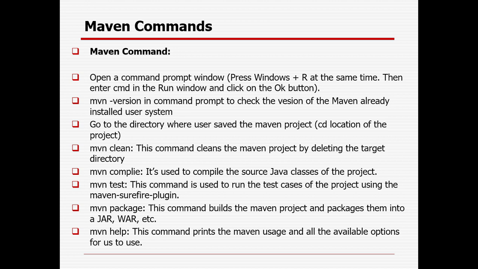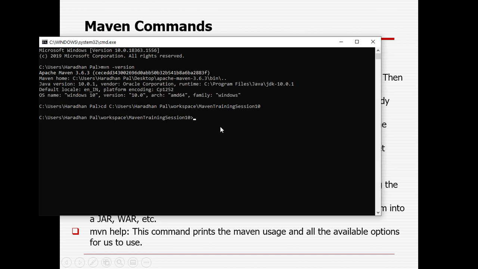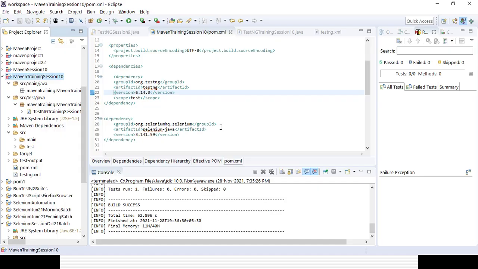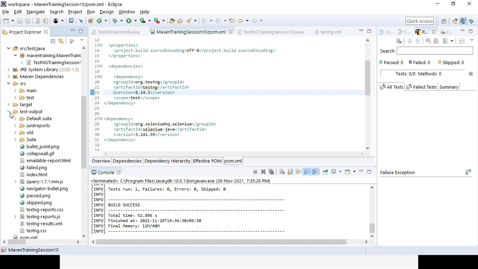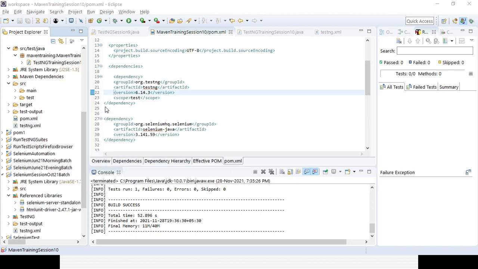And Maven help: if you require any help for any kind of error, you can use the command mvn space help. So let's first use the command mvn clean and try to execute it. It will clean the project and remove all the history, in case you have already executed it multiple times. In your project you already executed it, which is the reason the test output folder is there. Now if you execute it completely, everything from the target folder will be removed because you are cleaning the history. Okay, let's complete that Maven clean. So it is clean now.